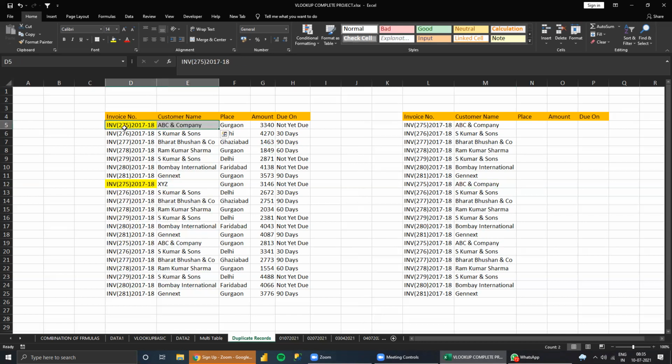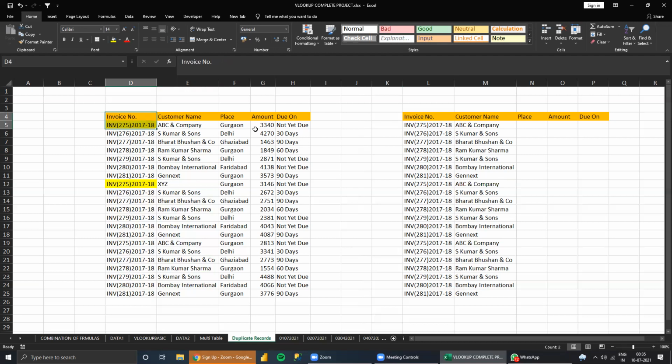We look from top to bottom. The first value will always be picked. If a second value is there, it will be ignored from the source data. Always see here, 275 the second time, the formula will not recognize it. The formula will always look at the top.